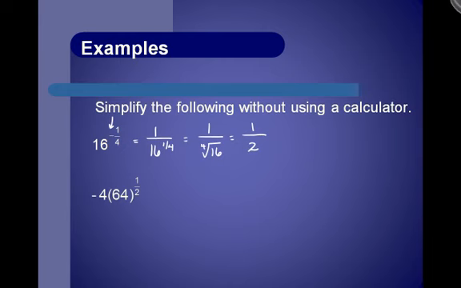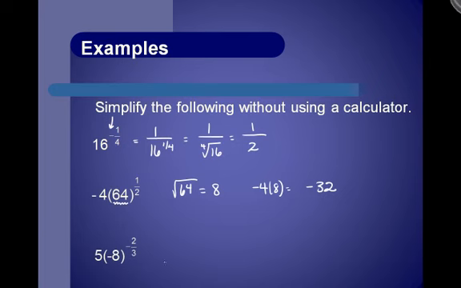Negative 4 times 64 to the 1/2 power. Well, the order of operation says we do what's in parentheses first, but notice there's nothing to do in the parentheses. Then we do exponents, so 64 to the 1/2 power means the square root of 64, which is 8. So then we have negative 4 times 8, which is negative 32. And then the last one,